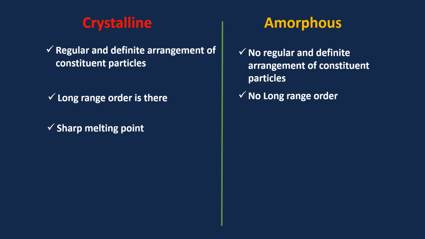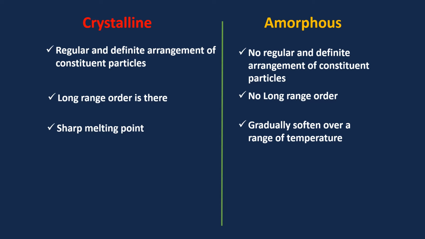A sharp melting point is visible in the case of crystalline solids, but in amorphous solids, the melting process takes place in such a way that the solid gradually softens over a range of temperature and then melts. It does not exactly convert into a proper liquid form generally. It is nothing but a molten form. That is how it happens in the case of amorphous solids. And normally it can be a range. Let it be a 30-degree range.